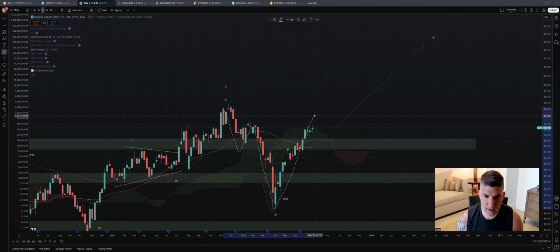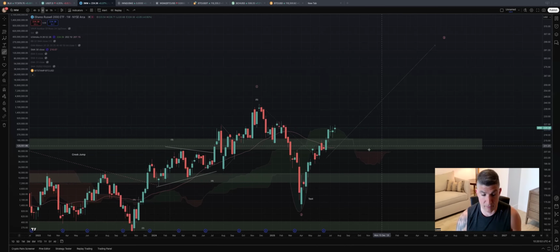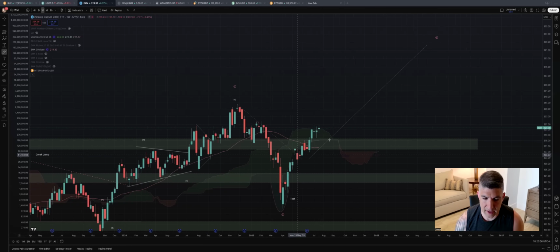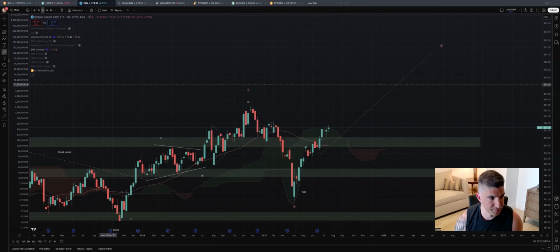Now, at some point, I can see us correcting, but I just see it coming from higher, right? You see this consolidating price action, that would indicate something like that's coming for us up here. I just think it comes from higher. I think it comes maybe late August, something like that. And it's a couple weeks, but then we just keep moving. And so again, I get it, the breadth, all that stuff. There's a lot of conflicting signals out there and on both sides. But again, I'm expecting the path of least resistance to continue to be up and then a correction to come when the least are expecting it.